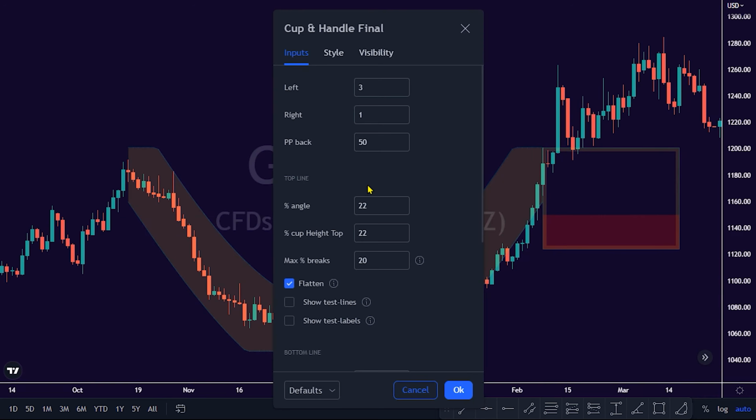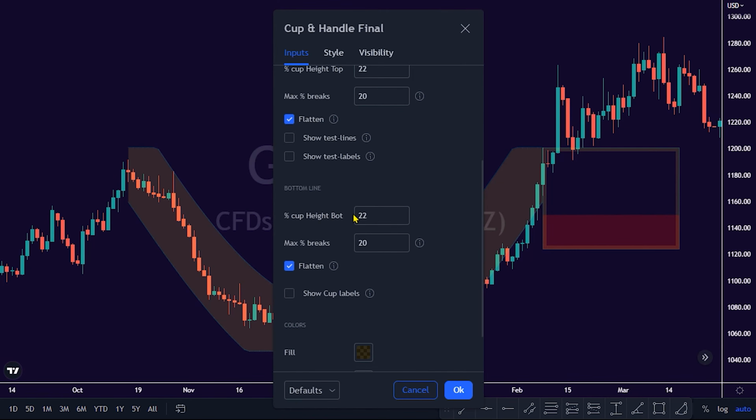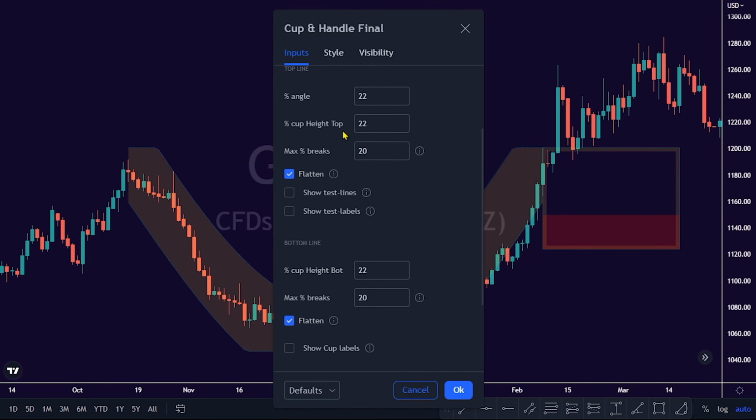Under the input settings, the percent max breaks is the maximum highs, lows breaking through the top, bottom line. Percent of bars between left and right extreme points of the cup. The left and right regulate pivot point values. The PP back is the max look back for pivot high. The percent angle sets the maximum angle between the highest and lowest top points. This is calculated as a percent difference against the highest and lowest 500 bars. The percent cup height, top, bottom, and the percent max of the cup are added to or subtracted from the